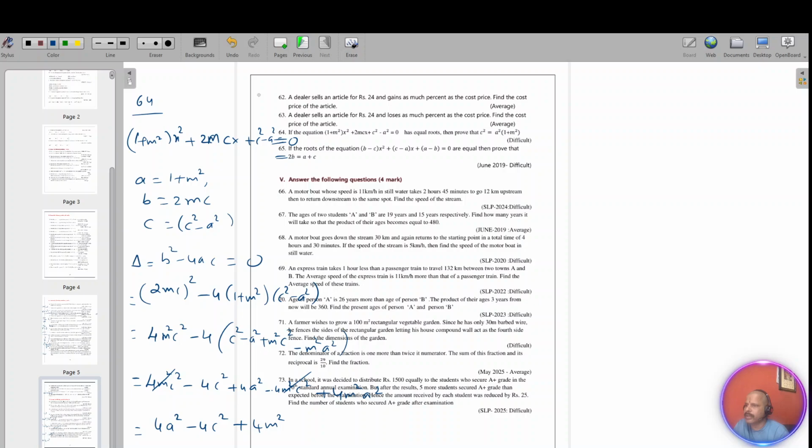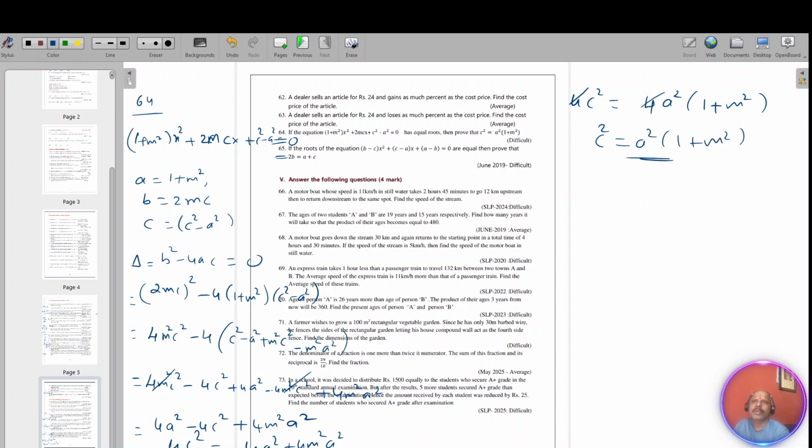So very simple. I'll take the left side 4c square. That is, 4c square is equal to 4a square plus 4m square a square. Take common. 4a square, if I take, it will become 1 plus m square. 4 cancels. c square is equal to a square of 1 plus m square. Okay. Hence,